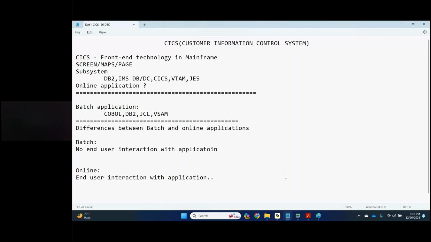The same rule is applicable here also. IMS DB was developed for a different purpose, when there were no databases in the market. So at that time IMS DB was the most useful database.